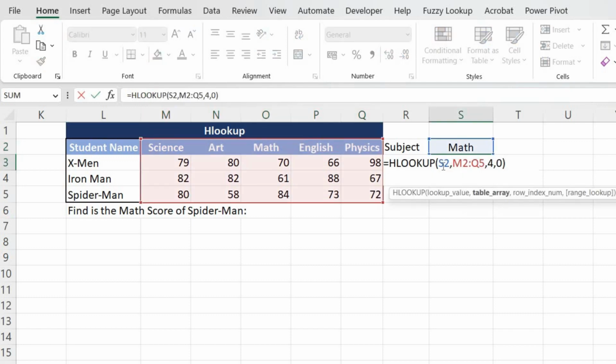Let me show the formula. This S2 is nothing but the maths. And this M2 until Q5 is the table. And this 4 is nothing but the row number. So this is the first row, this is the second row, this is the third row, this is the fourth row, let's say. That's the reason I have given 4, and the last is 0, that is for exact match. As you can see, it is for exact match, and if I hit enter,